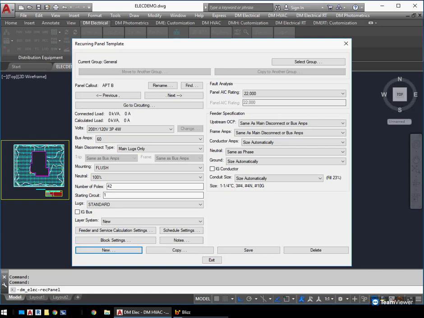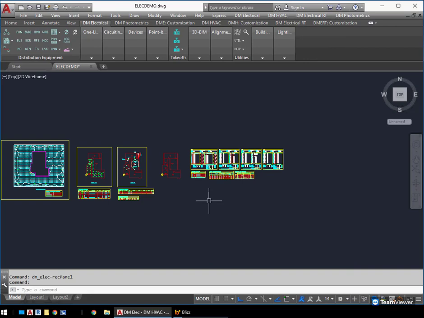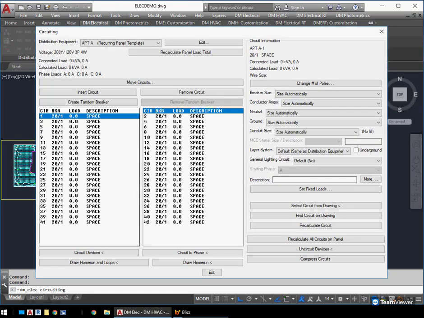So that creates the panels, and you can set all the same settings that you normally do for panels. And then you can circuit things to it. So if we go to circuiting, you'll see that the recurring panel templates are listed here as panels, as distribution equipment to select. And so you can select the piece of equipment, the recurring panel template, and then connect things to it as